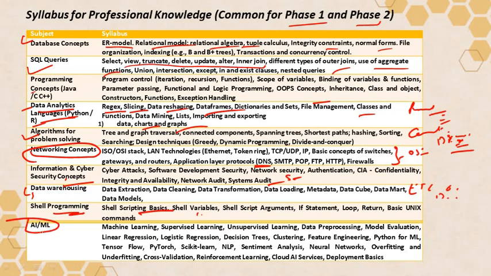Now, the subject AI and ML is a new subject which has been added in PFRDA. This is the syllabus for AI and ML. You can focus on the learning types, which are supervised and unsupervised, pre-processing techniques, regression techniques, classification techniques, and neural